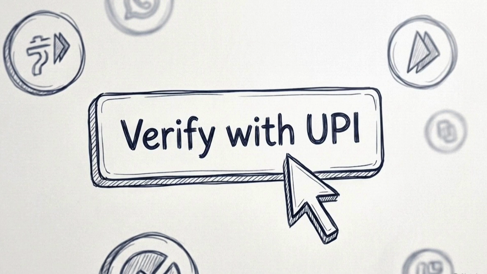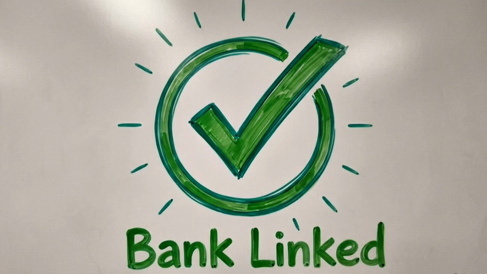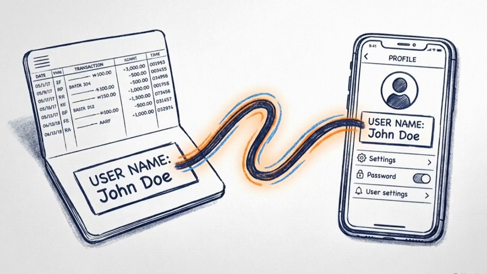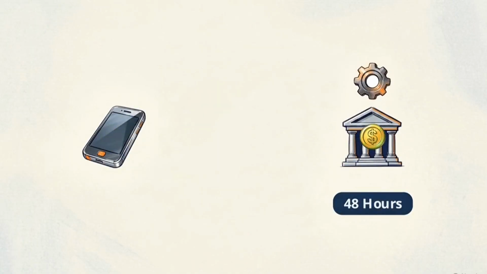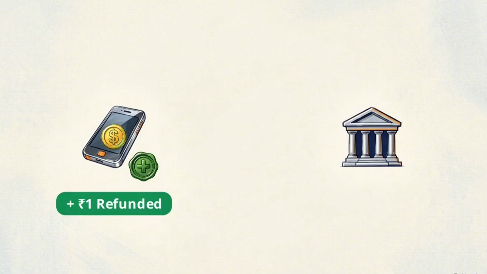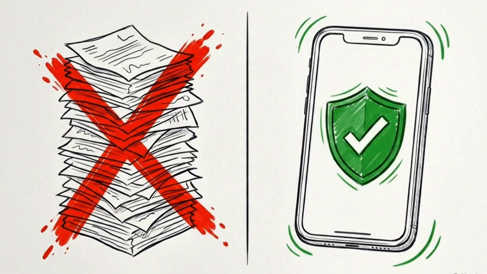The app will open your UPI app and ask for a 1 rupee test payment. Once it goes through, you will see a Transaction Successful screen. Make sure the bank account you use for this test is in your own name. And don't worry about the single rupee. It is securely refunded directly back to your account within 48 hours. That quick sequence of digital approvals just saved you from filling out pages of physical paperwork. Your financial identity is now securely verified.